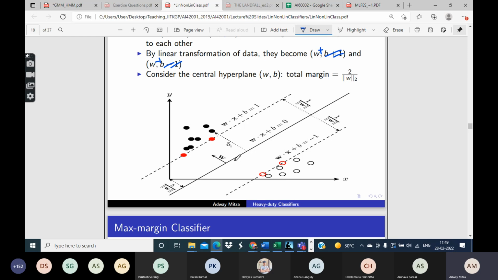So now let us make one more assumption. Let us say that this line, this marginal classifier W plus, has the equation W transpose X plus B. Sorry, W transpose X plus 1 is equal to 0. Sorry, that's wrong. Let me write it correctly.